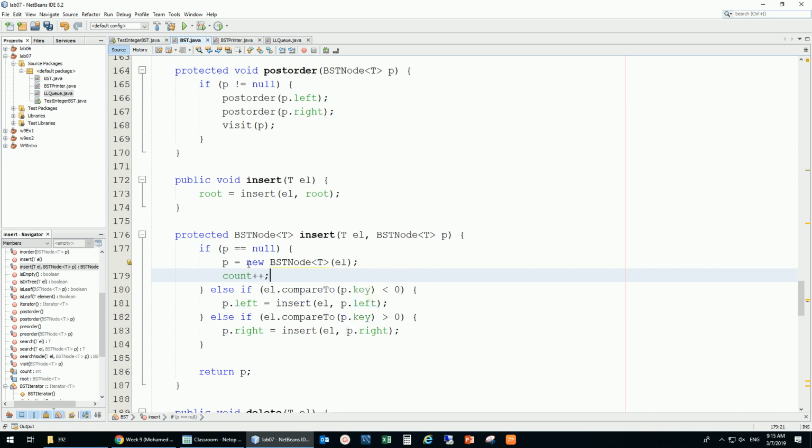So this is where I insert, right? Because this is where the new node is created. So I'm just going to count as soon as the node is created. And then I need not to forget that every time I delete,